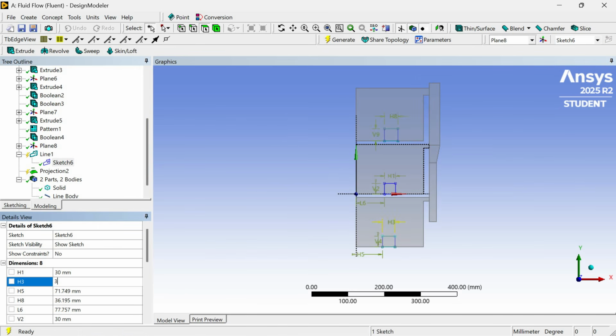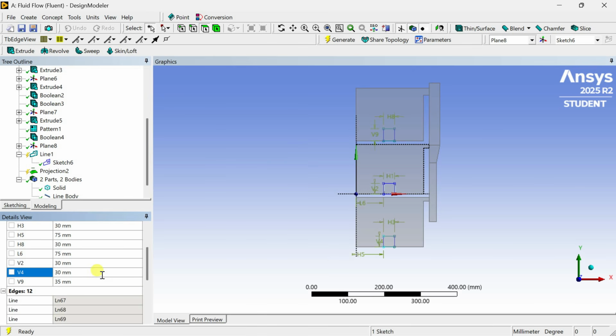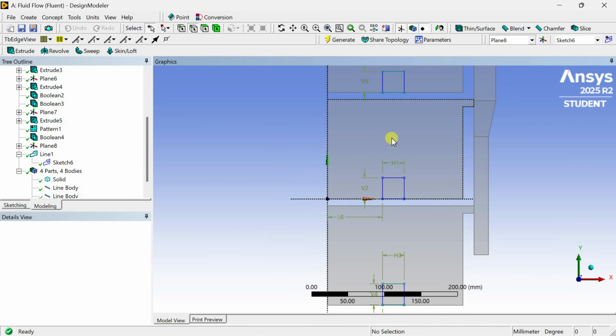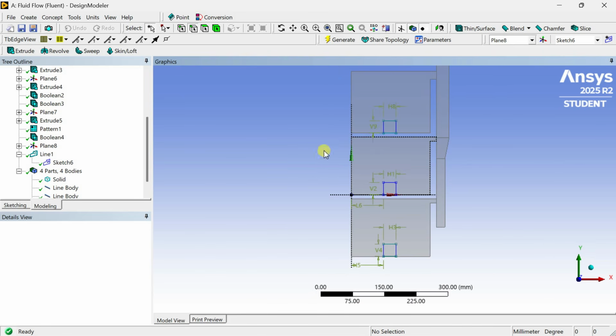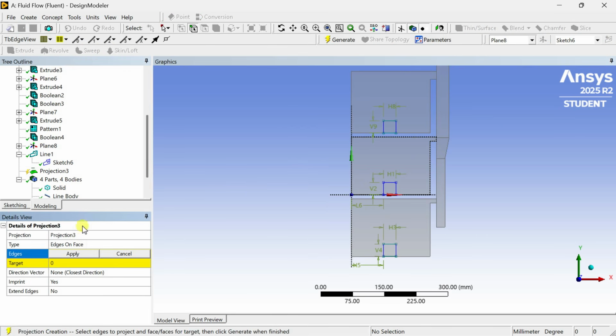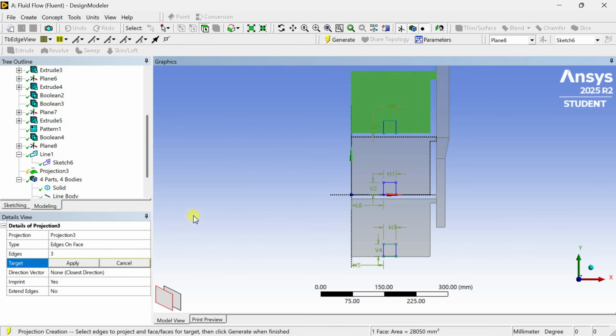Now put the dimensions of this window geometry. Now go to tools and select the projection tool and select the sketch and click on apply on this face,